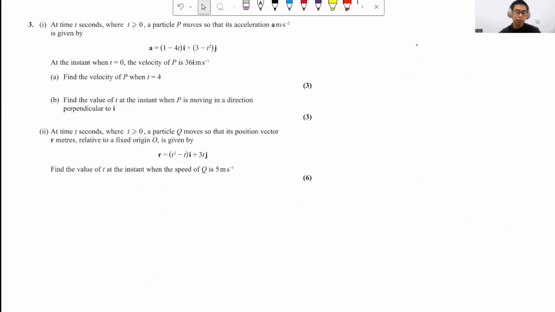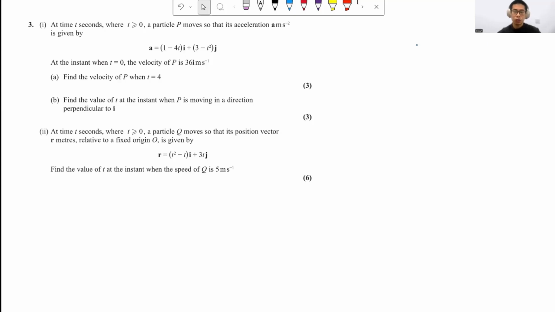Now let's have a look at the second part, so part ii. At time t seconds where t is more than or equal to 0, a particle Q moves so that its position vector r meters relative to a fixed origin O is given by r equal to t squared minus t i plus 3t j. We want to find the value of t at the instant when the speed of Q is 5 meters per second. So they gave us the position and they want us to work out the time when the speed is